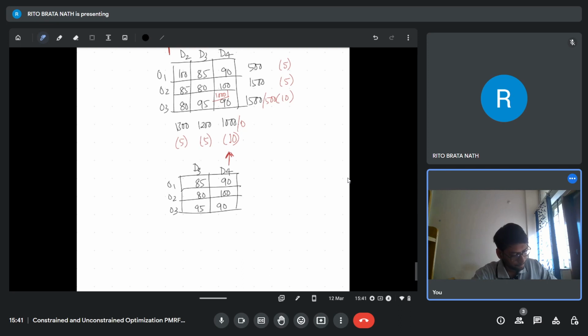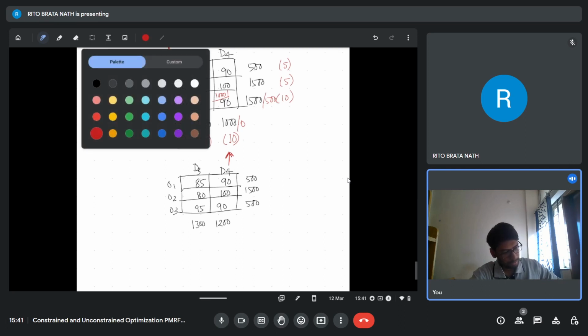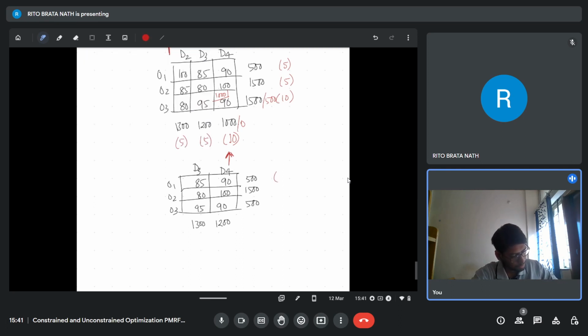Now, let me write down the remaining allocation. So this will be 500, 1500, 500. This is 1300, this is 1200, and whatever you are left with. So this is again you have to calculate. So this becomes 15 now. This becomes, if I'm not wrong,